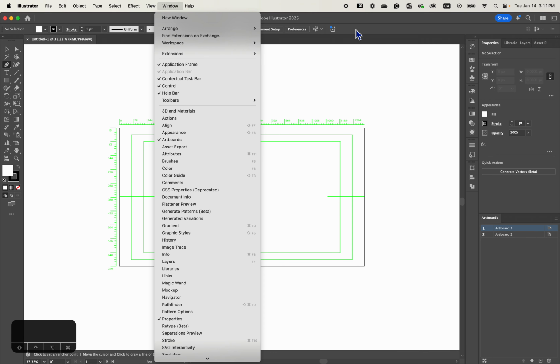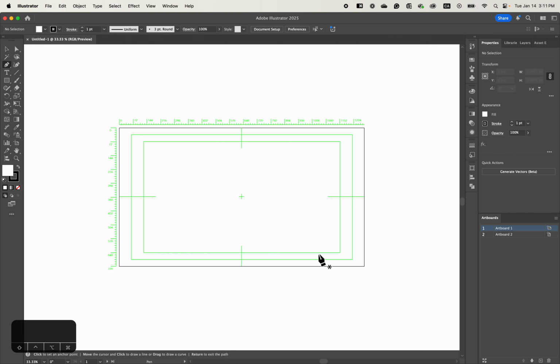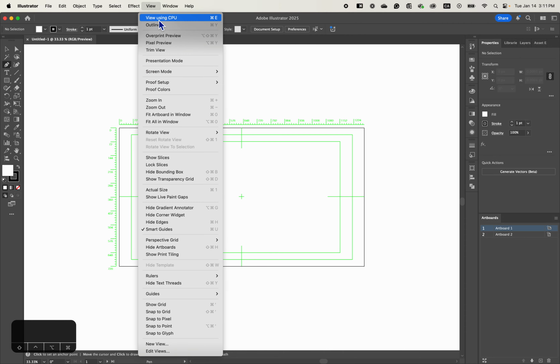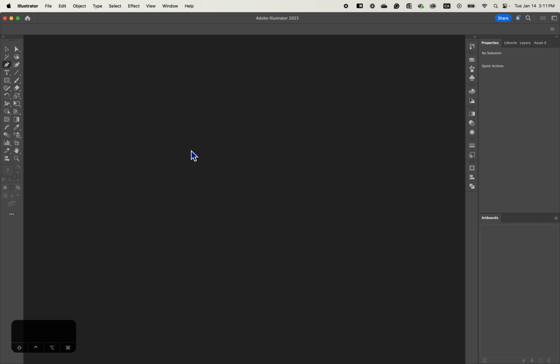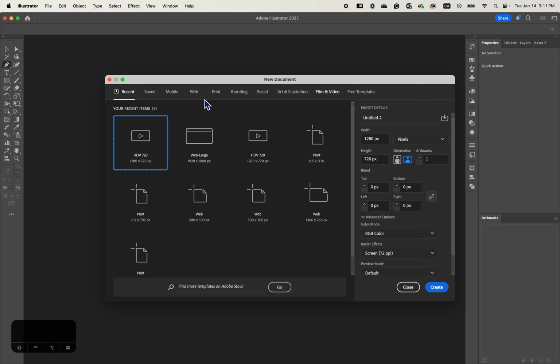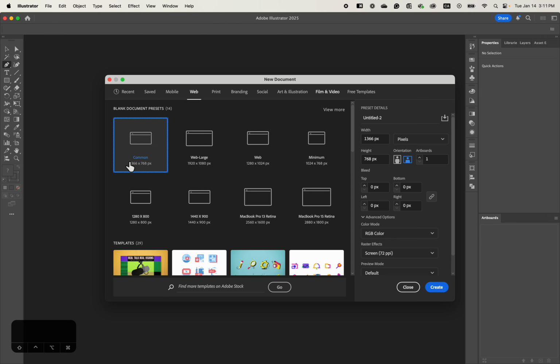So you see that now it looks a lot more like a regular artboard without the transparency. So you can change those things, but ideally the easiest way is for you just to create a new file accordingly. If you're creating a graphic for the web, it's probably easier just to go here under the web tab,